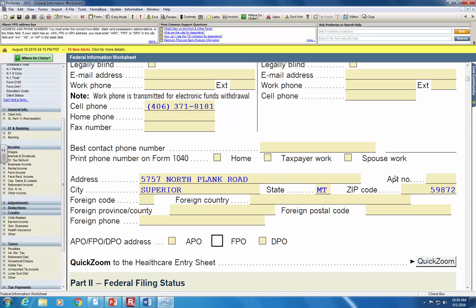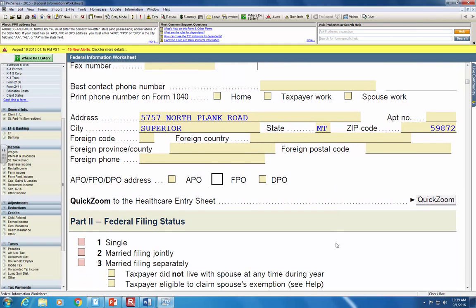Okay, when we get down to the healthcare entry sheet, is everybody there? I want to point something out called Quick Zoom. Whenever you see Quick Zoom, it takes you from where you're at to another form that ties into the form you're in currently. So, for example, this is our federal information worksheet, which is just getting basic information about